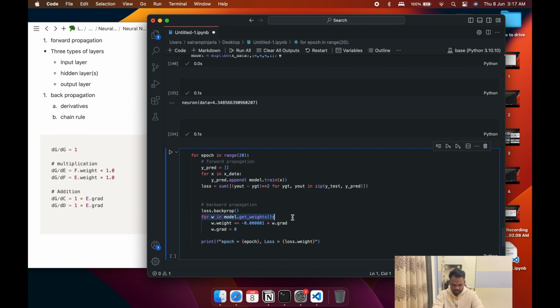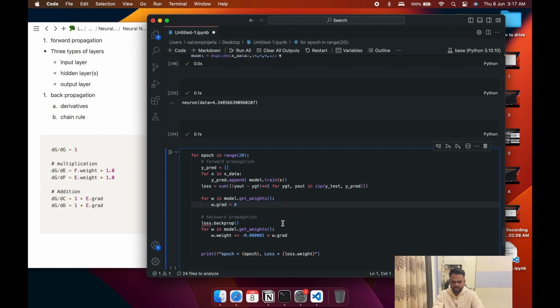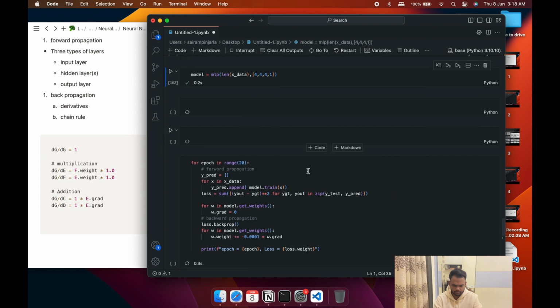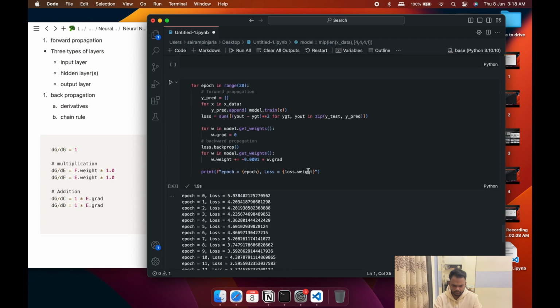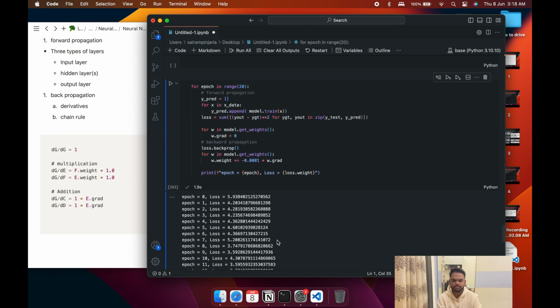And similarly, once I do this, I'll take all the weights and all of the gradients should become 0. Okay, there you go. Here you can see, initially the loss was at 5.9, and slowly the loss, the concept of stochastic gradient descent comes into place here, but eventually the loss came down all the way to 3.7 for 20 epochs. So we can go ahead and repeat this for n number of epochs,